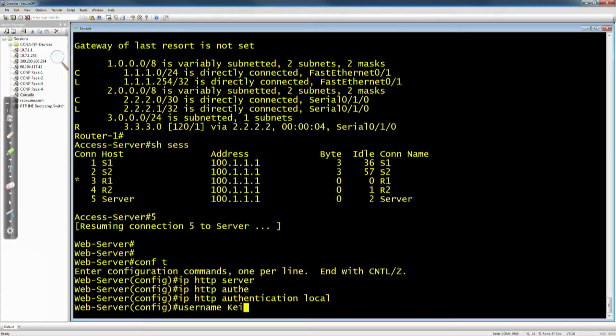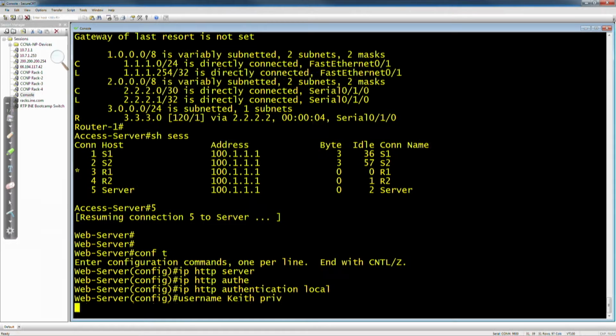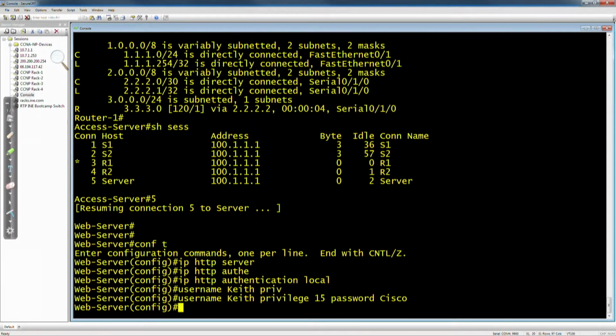Keith. And Keith is going to be given access to privilege level 15 commands, which means when Keith logs in via the web browser, he can access any command that he would normally be able to access via the command line. And Keith is going to have the password of Cisco. All right, so there's a username and password. So in the real world, as your network admin, you would provide a username and password for the network admin at your company. And then we're going to go AAA new-model,